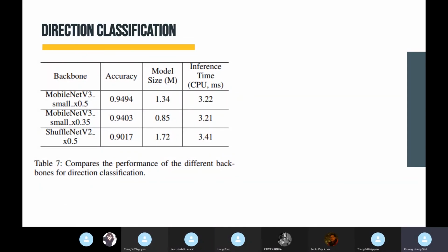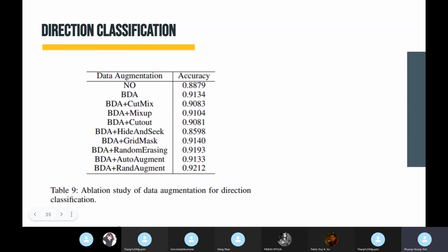Here we use MobileNet V3 with different scales. And as you can see, the MobileNet V3 small x0.35 is much better than the MobileNet V3 small 0.5 and the ShuffleNet V2 0.5. This table shows the ablation study of data augmentation for direction classification. The baseline accuracy is 88.79%. When we adopt the BDA,